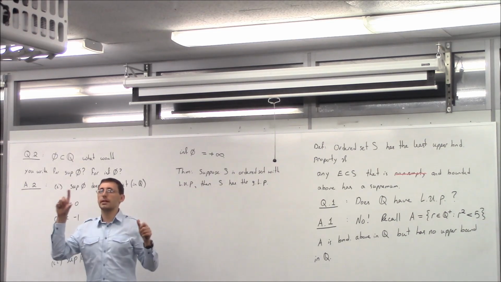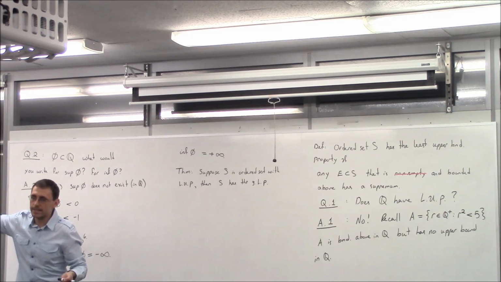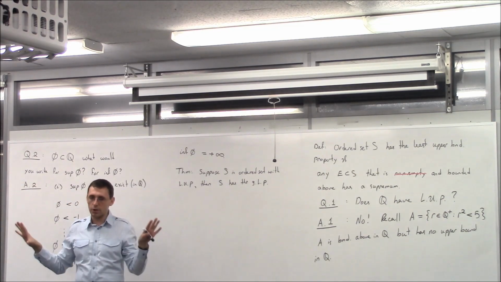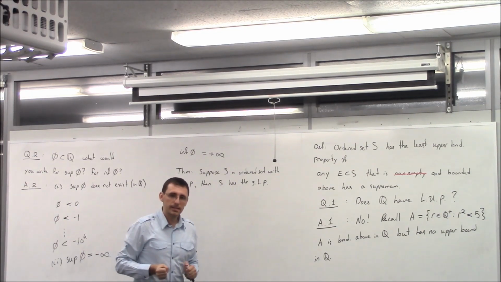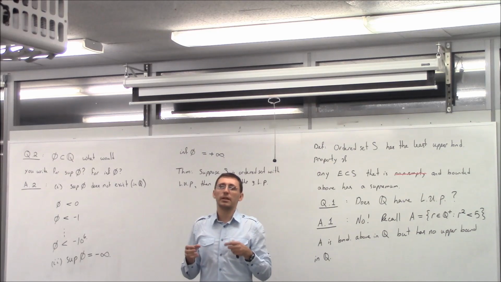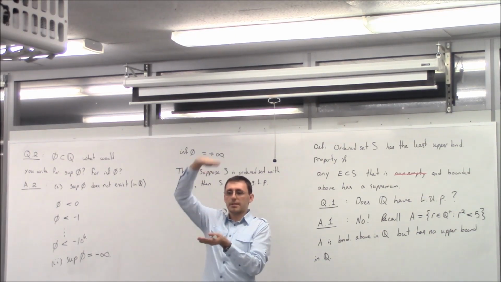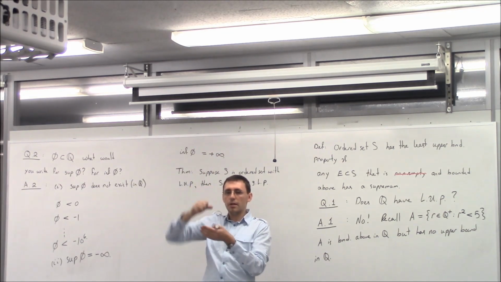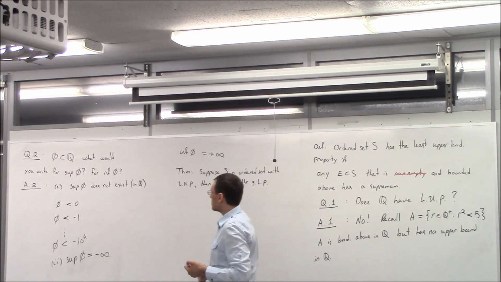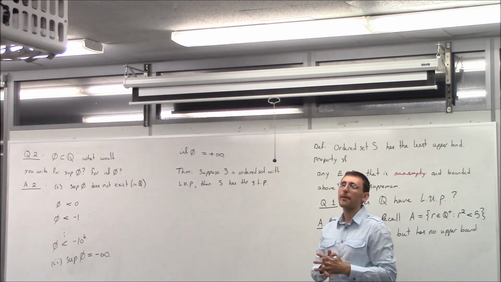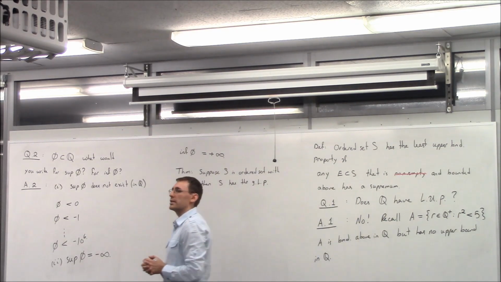The point of this theorem is that those things always come together. If you have the supremum property, the supremum always exists. If you want to make it very short: least upper bound property, supremum always exists; greatest lower bound property, infimum always exists. But you understand what it means always to exist. Supremum always exists means bounded above, least upper bound. Infimum, bounded below, greatest lower bound. So let's look at 1 over n again. 1 over n is an ordered set, yes.